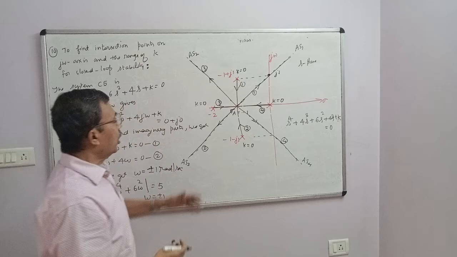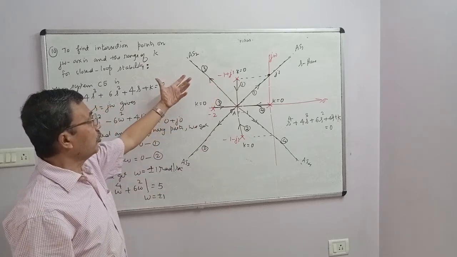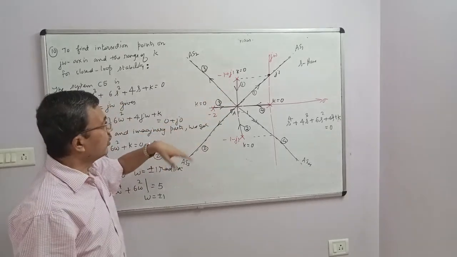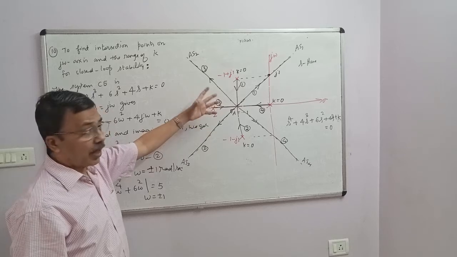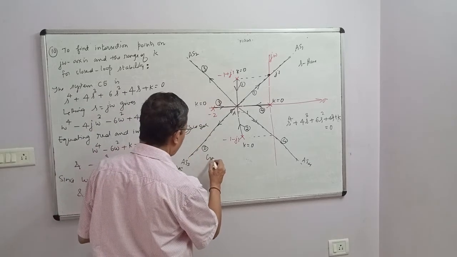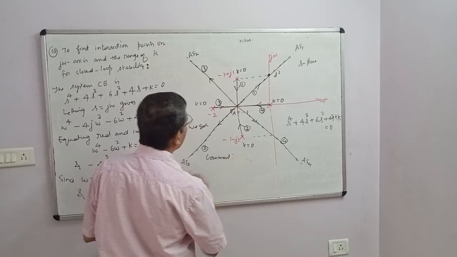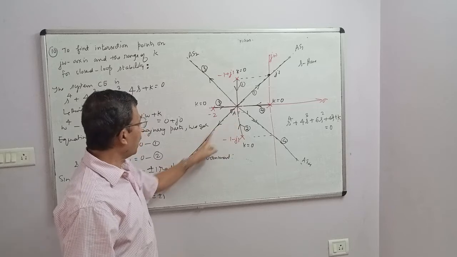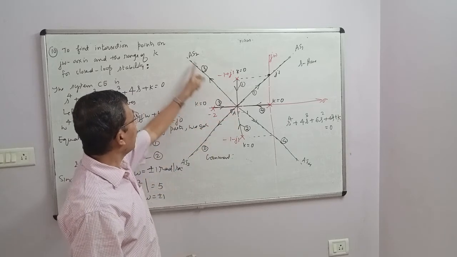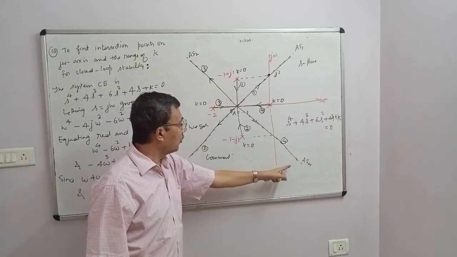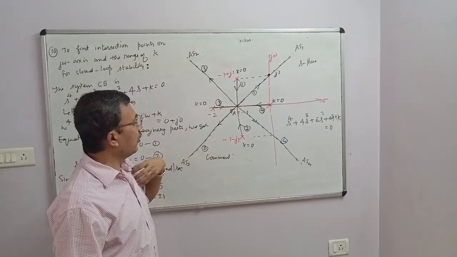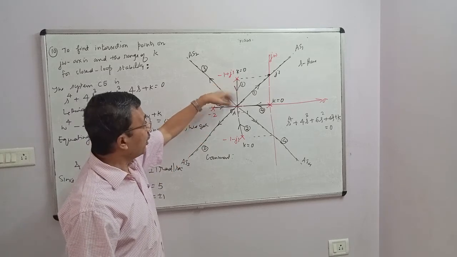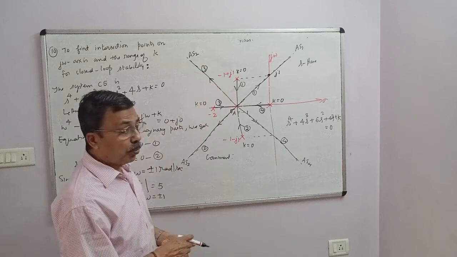See here, all the poles have the liberty to choose any asymptote. Four branches have to be traced. Each branch has to start on a pole and end on a zero. The numbers 1, 2, 3, 4 here have been selected arbitrarily. Again, this pole has selected asymptote 1, this pole has selected asymptote 3, this pole has selected asymptote 2, and this pole has selected asymptote 4. This is only my way of explanation. A student can take this pole to follow any asymptote, and accordingly give the direction for the remaining poles.